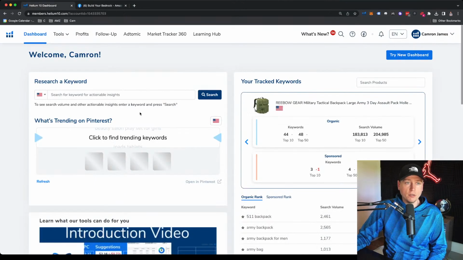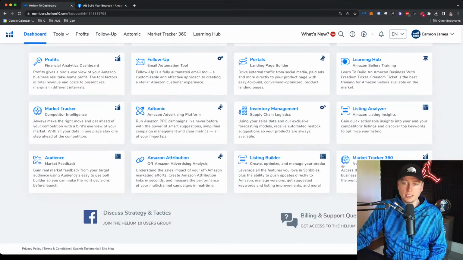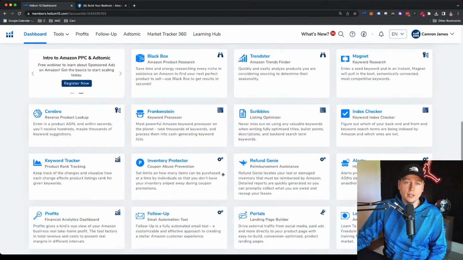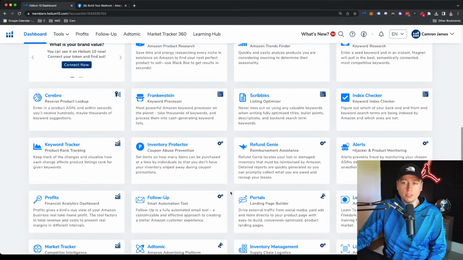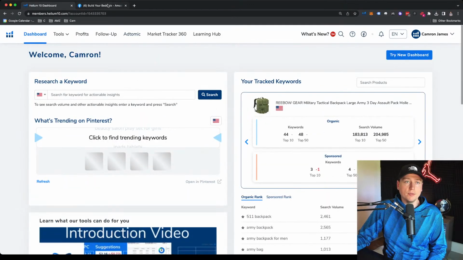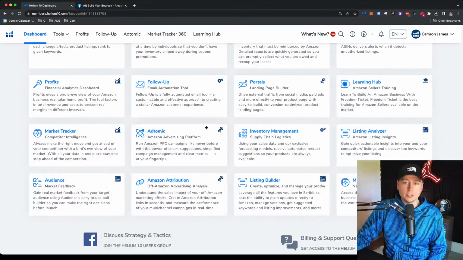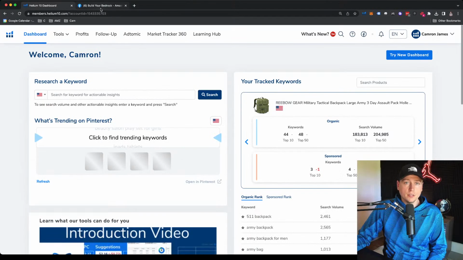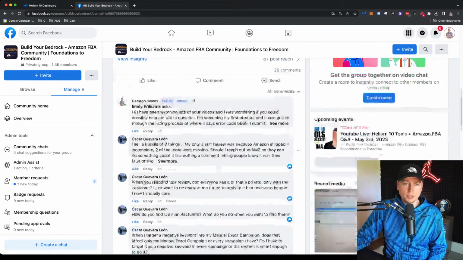So today we're going to be going over some Helium 10 tools, just going through essentially everything here and how to use it and when to use it, everything like that. There's a lot of good tools here. That's why I like Helium 10, just because it's pretty much a one-stop shop anymore of everything you need on Amazon, from product research to when you're actually selling. Okay. And then after that, we're going to get through, we got 26 questions here